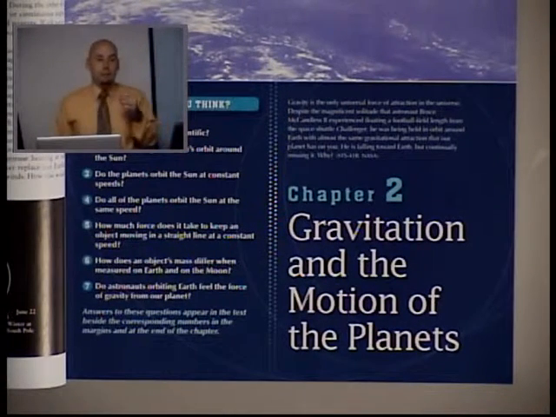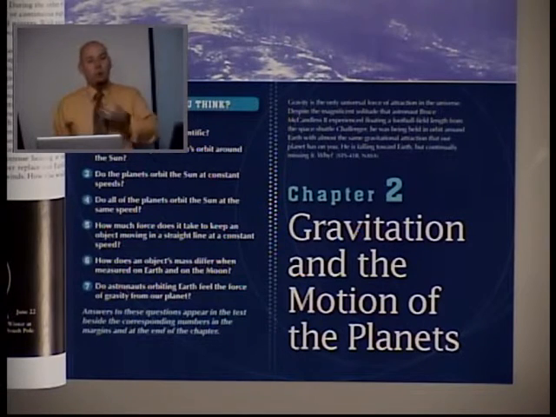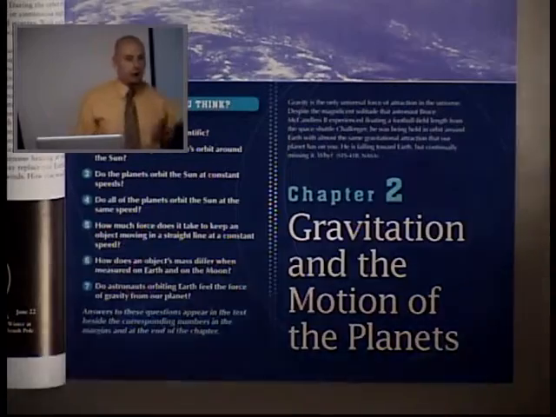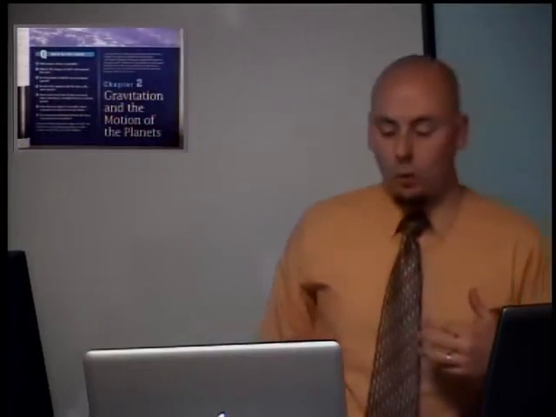bit of a background about how we got where we are in terms of our understanding of gravity and the motion of the planets. And what that means is there's a little bit of a historical context that comes at the beginning of this chapter, talking about how do we know what science is, and how do we build a hypothesis into a theory and into laws, that sort of thing.